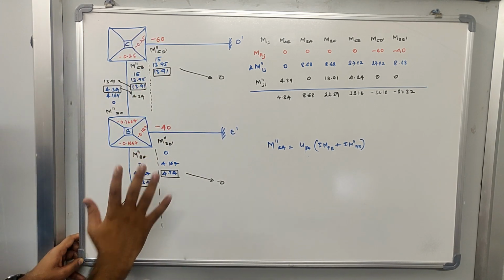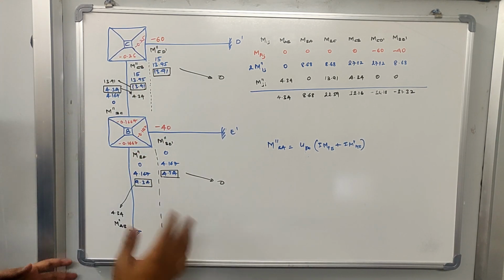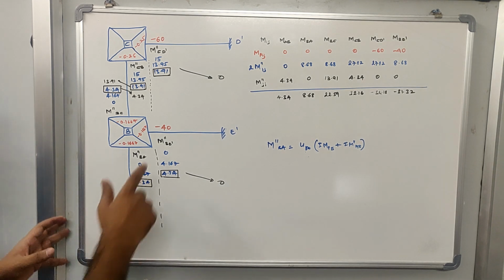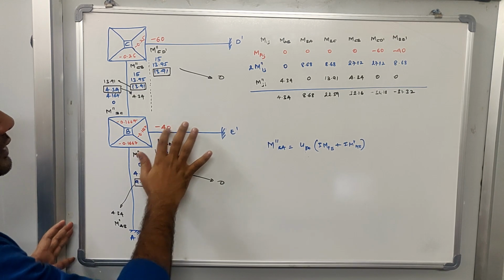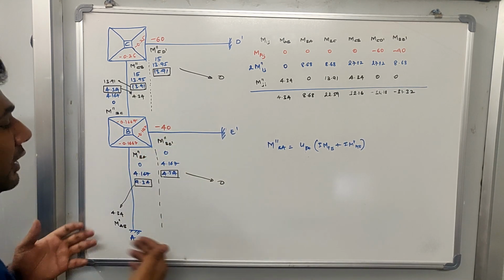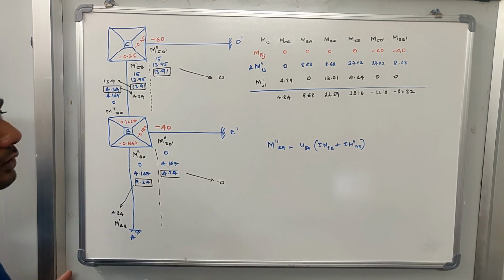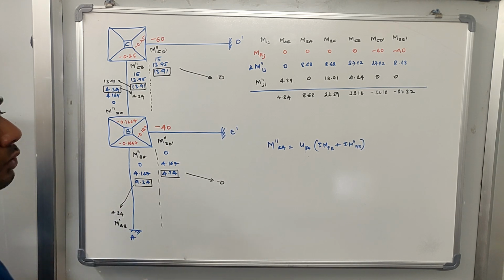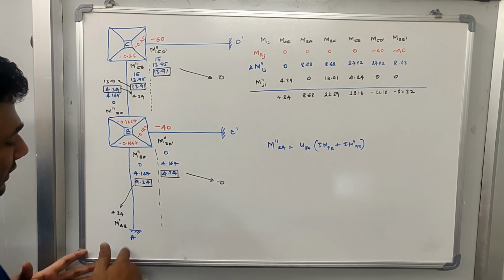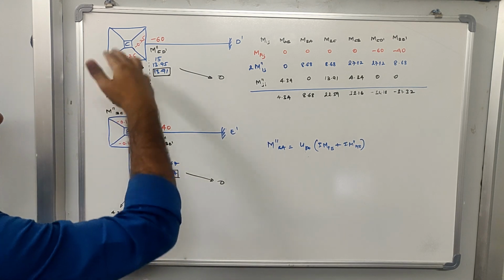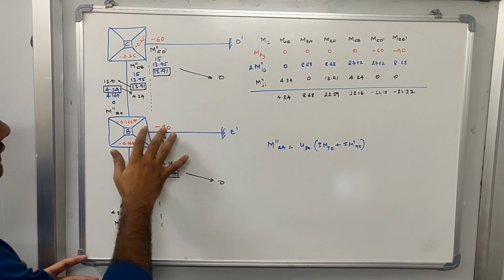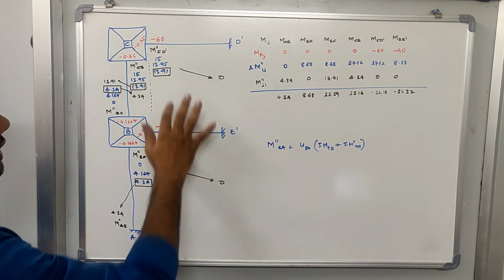Once you write the rotation factors, the next thing is to write all the fixed end moments. See here, the values written in red ink represent the fixed end moments. The values written in blue ink represent the rotation moments at the near end, and the values written in black ink represent the rotation moments at the far end. Okay, I hope this is very much clear. As we know, the fixed end moments for AB and BA are 0, and for BC and CB are also 0. We have also calculated the fixed end moments for BE and CD, which are written over here and here.